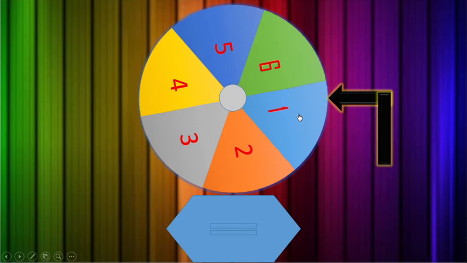Moreover, this game can be used for all subjects in order to test the knowledge of the students, or to test whether they are able to apply whatever they have learned in newer situations. In order to make it more active on an online platform, you can use this game for application-based questions. But when you physically meet the students in the class, then this spinning wheel game can be used in order to